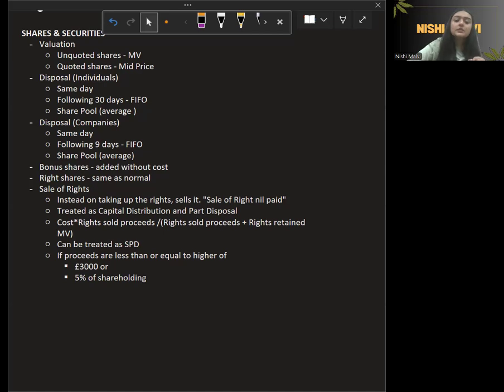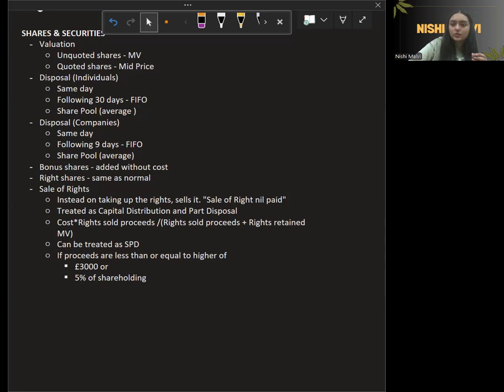You'll use that market value and multiply it by the number of shares. When it is a quoted company's shares, you take the mid price, the highest plus the lowest divided by 2, which is the average. Now, whenever you are disposing, so you all know we consider CGT whenever we are disposing of an asset, you will compute it during the disposal. If you purchased shares on the same day, you'll deduct them against that disposal. And for the following 30 days, you'll deduct on a FIFO basis, first in, first out, which means